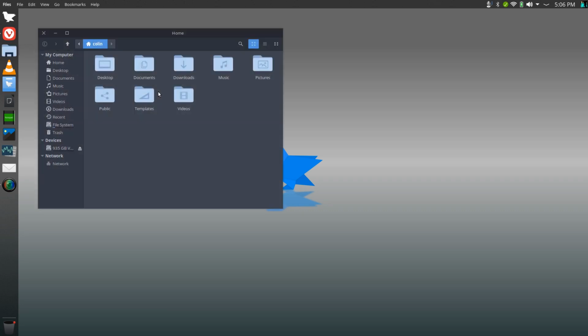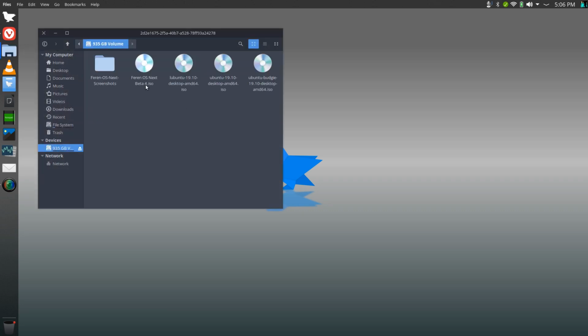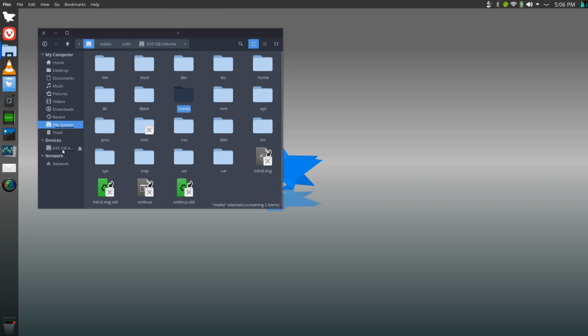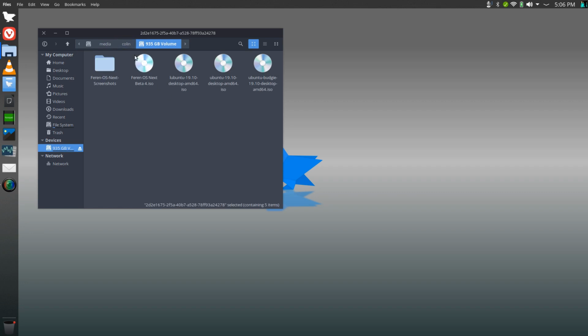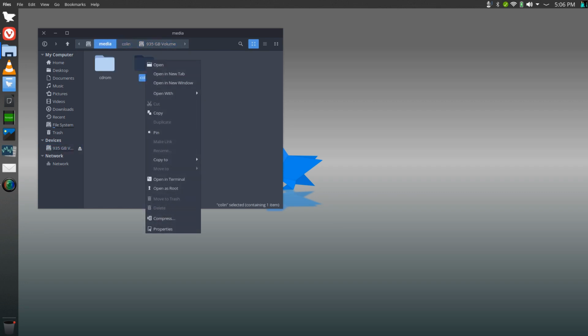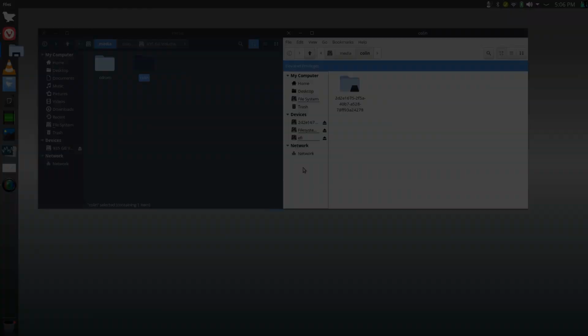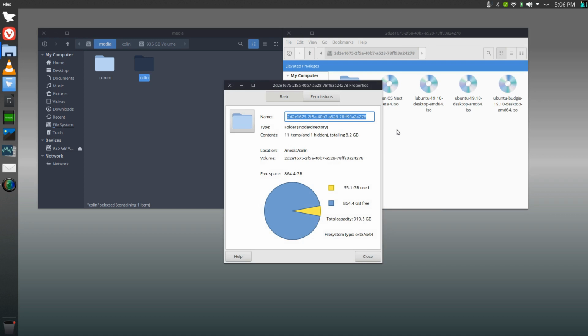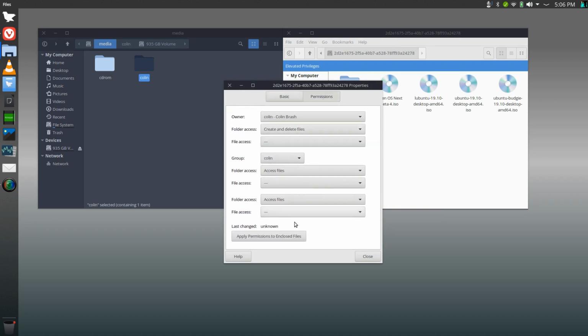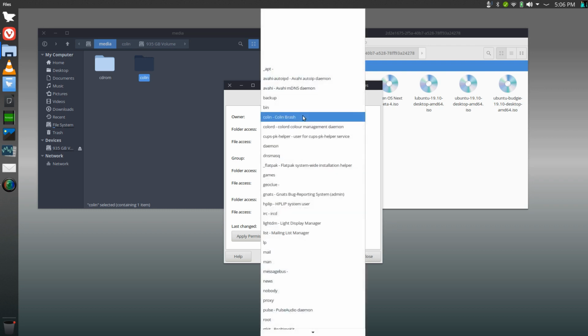Now, the one thing that we've got here is we've got some stuff in here. The problem here is we need to open this, let's say, file system, media, I think it's media and colon, and that's the one there. So we need to open that as root, open as root. Now under there we need to go to properties, right click anywhere in there, go to properties and permissions. It's actually under my name because I've already changed the permissions, but if you don't do that, then this will actually be set as root,